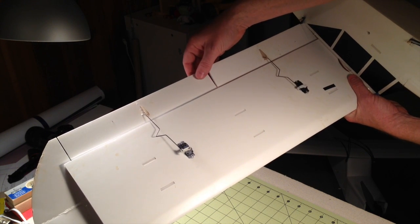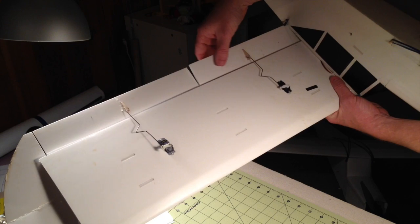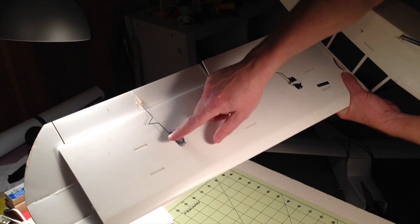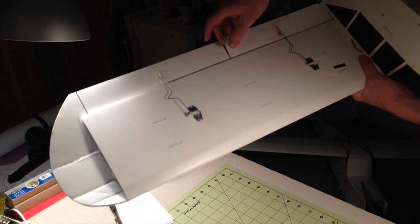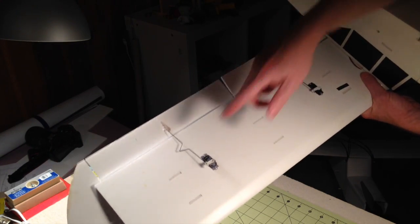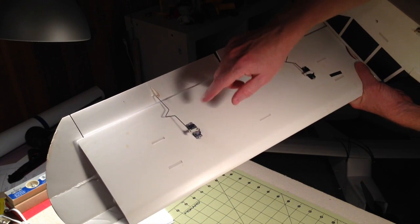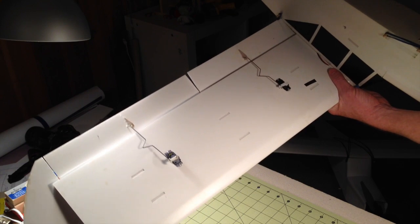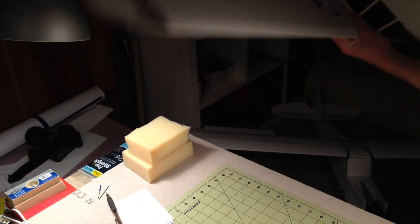So today the maiden proved that using a straight control rod and using the connector on the arm was a good improvement. So this is always an option if you don't want to. Those little connectors are kind of expensive. They're like $1 each. So you can still do this if you want. But anyway, one other thing